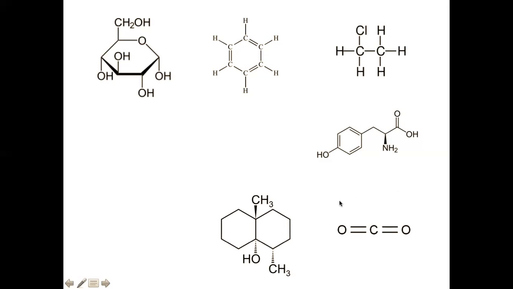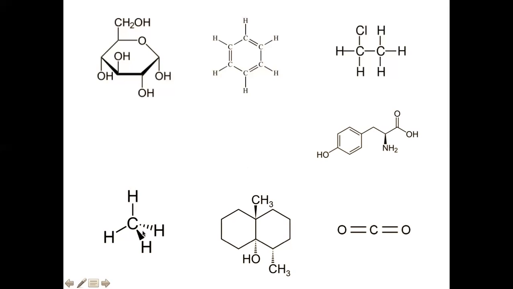How about this schmancy thing? It's got these dotted lines, meaning they're going away from you, and this one coming towards you. But let's just follow what we know. It's got the kinks, right? So it's got carbon hydrogen bonds, and it doesn't have any foreign guys yet. So that one's also organic.